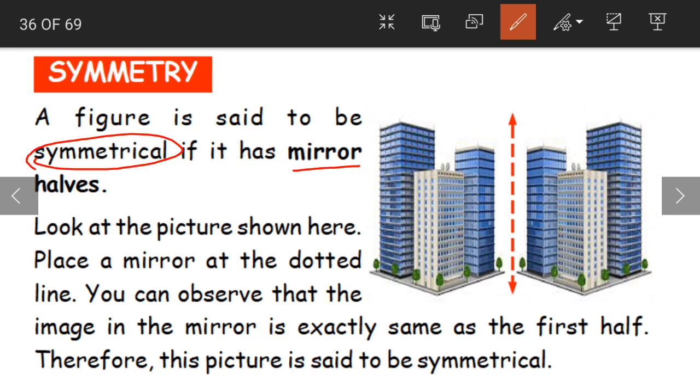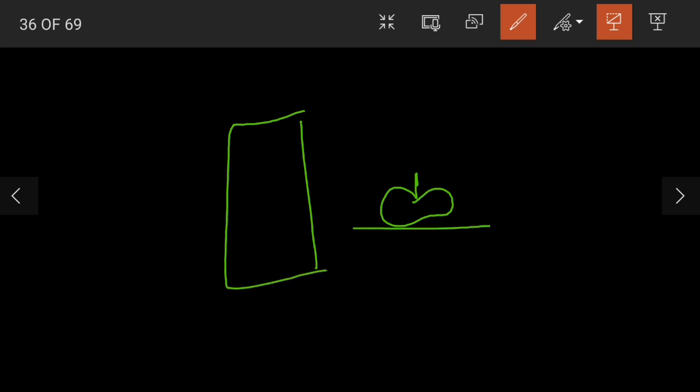We see how we are. Yes, when we look at something in the mirror, we'll get the exact picture of what it actually is. Yes, we will not get a different picture. For example, if I am having an apple on the table, okay children, we have an apple on the table.